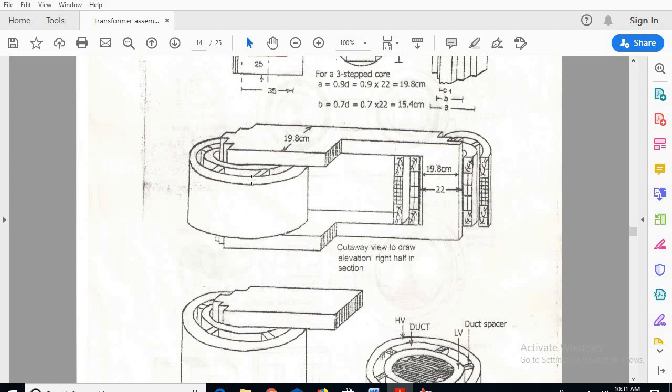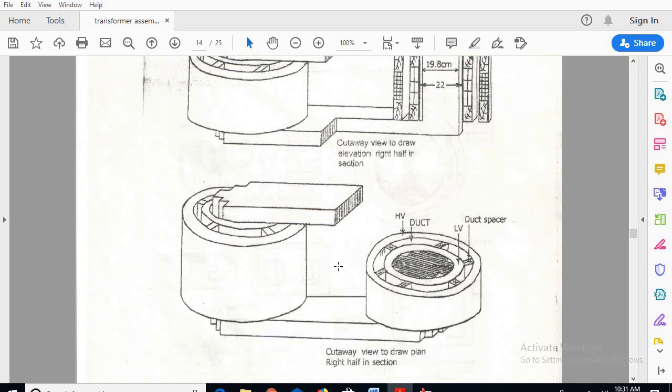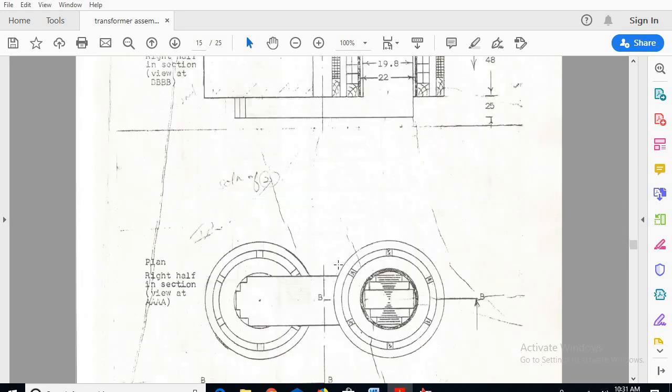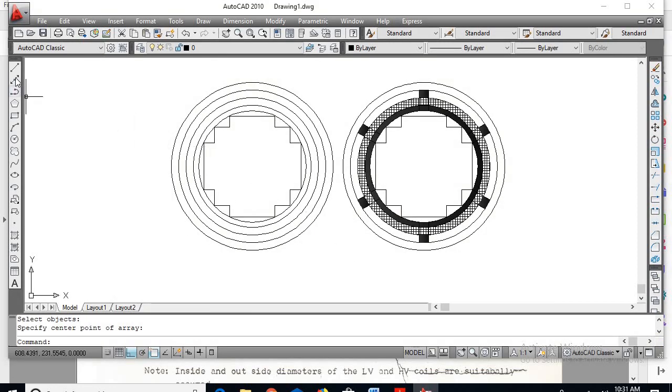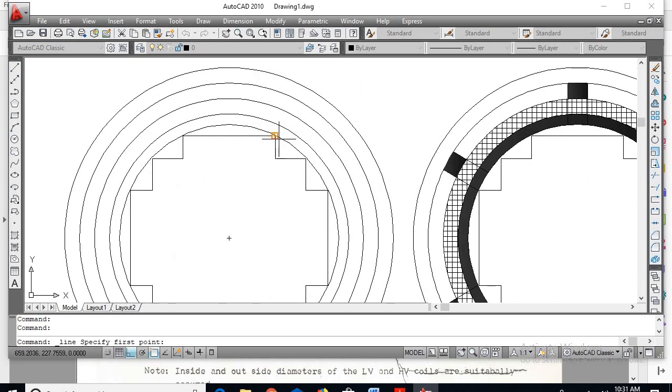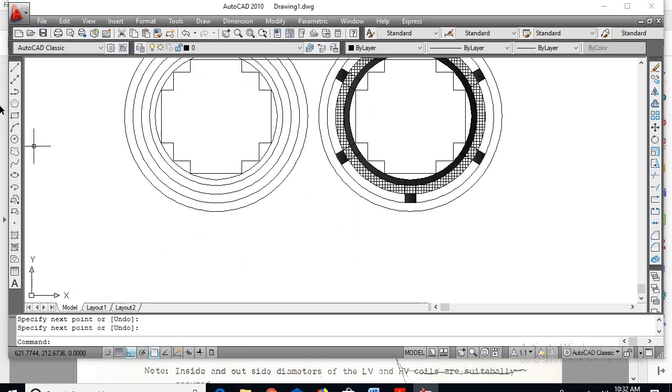So here I can show only these steps, and the circles I can show. Okay, so now with respect to this, draw a line from the step to here, and similarly at the bottom.